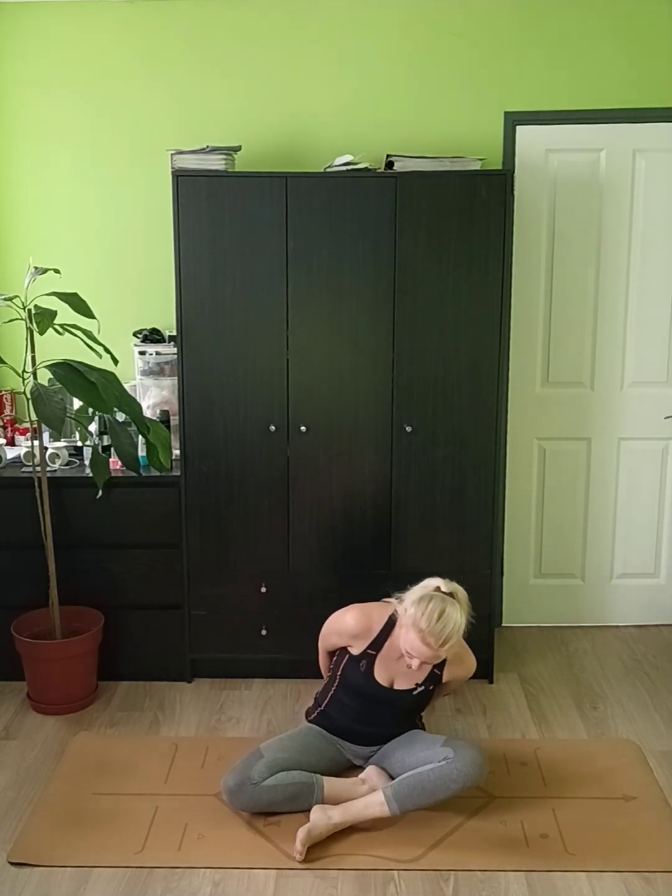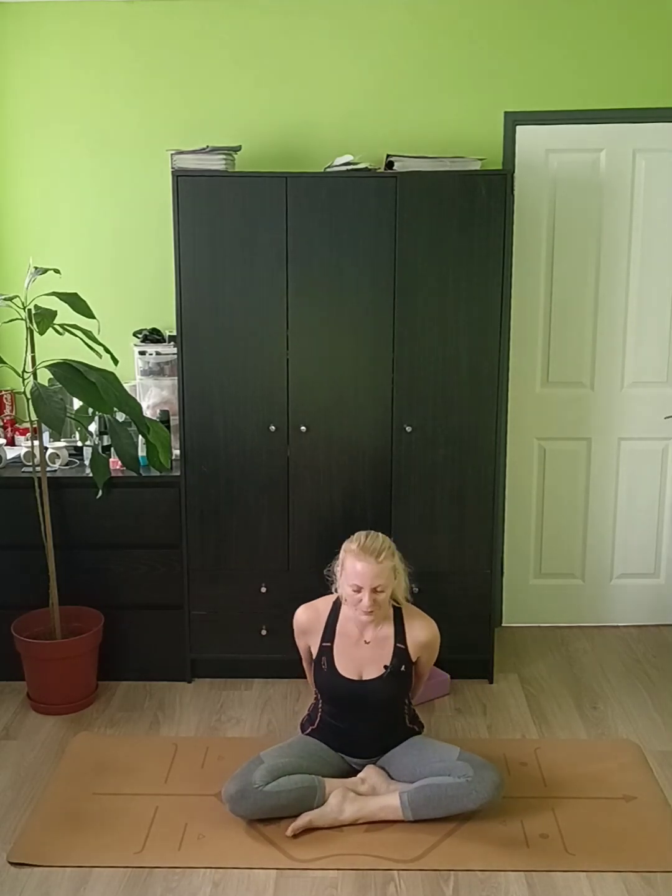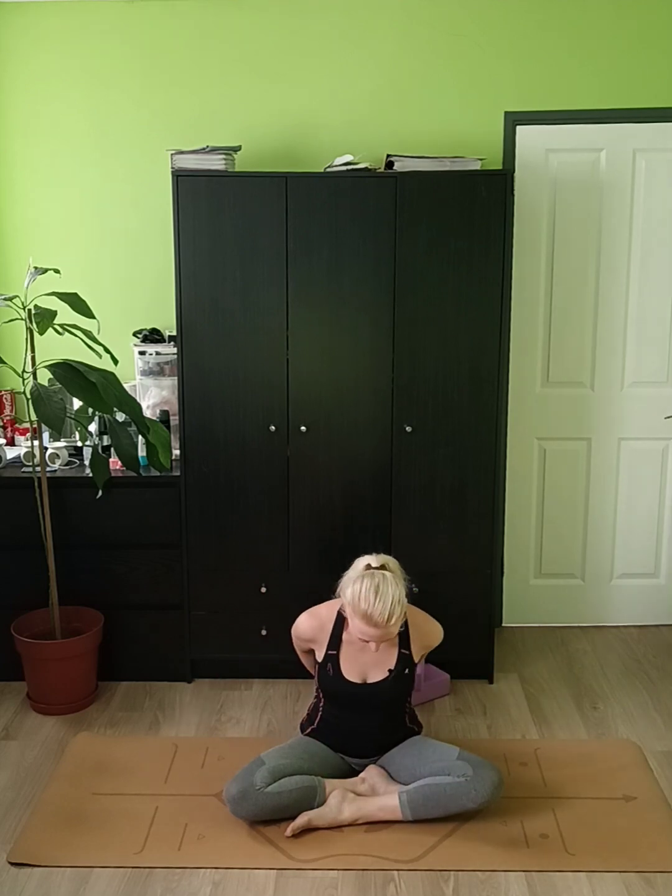And we are going to change our legs. So if your right leg was in front of your left, then just swap them, and we're going to do it on the other side as well. Also, if you have interlaced your fingers with the left covering the right one, the thumb, then just change it and do it on the other side. Again,